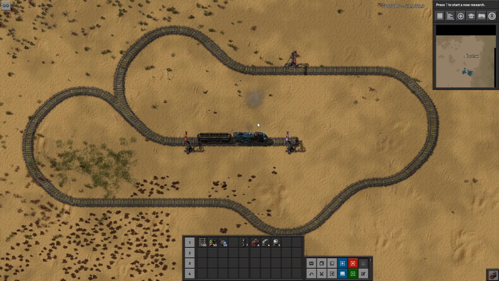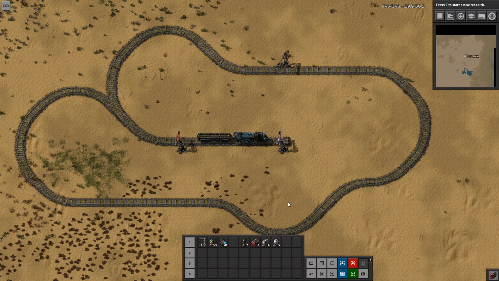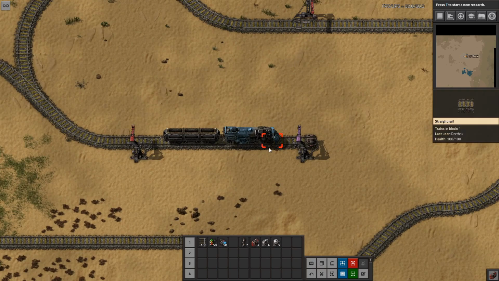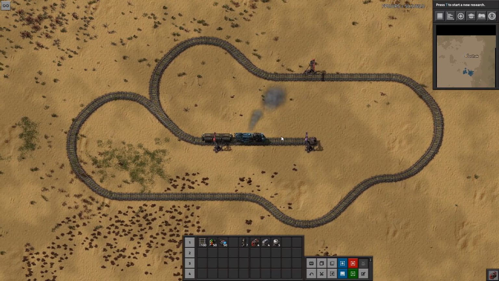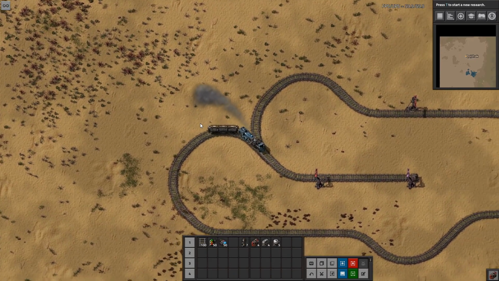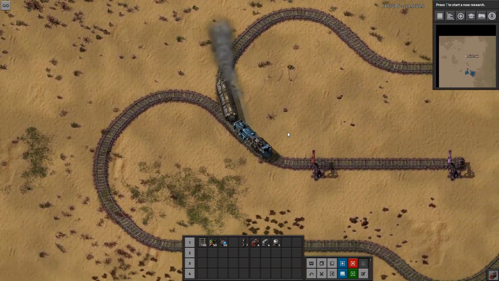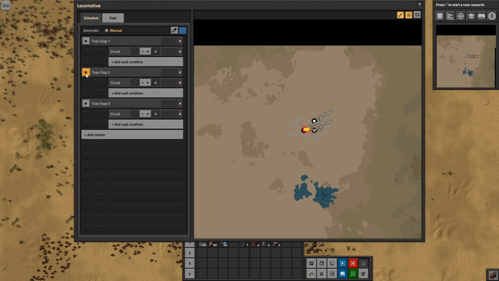So, I have rebuilt our train system to demonstrate something useful. If I wanted to go from train station 1 here to train station 2 manually, with the train in manual mode, I could back it up. I can go this way. I can go this way. Life is good. But if I try to drive the train in automatic mode and tell it, hey, train, go